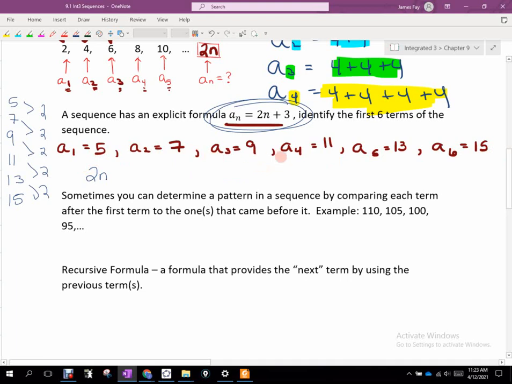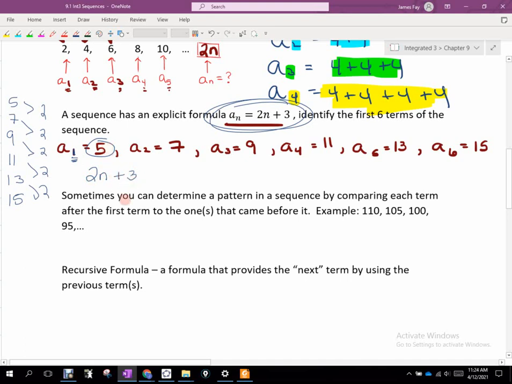So, reversing the question: if they gave me 5, 7, 9, 11, 13, 15 and asked me to come up with the rule, I would first find that difference and say 2 times n. But now, what do I need to do with that? If n is going to be 1 right there, what would I need to do to 2 times 1 so that I generate the 5? Right now I've got a rule that is starting my formula, 2n. But if I put n to be 1 in here, I only get 2, right? So how do I make 2 turn into 5?